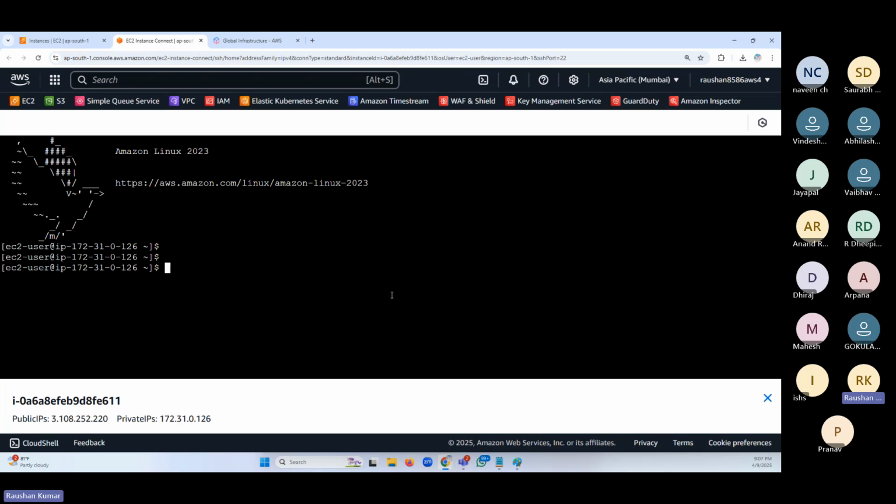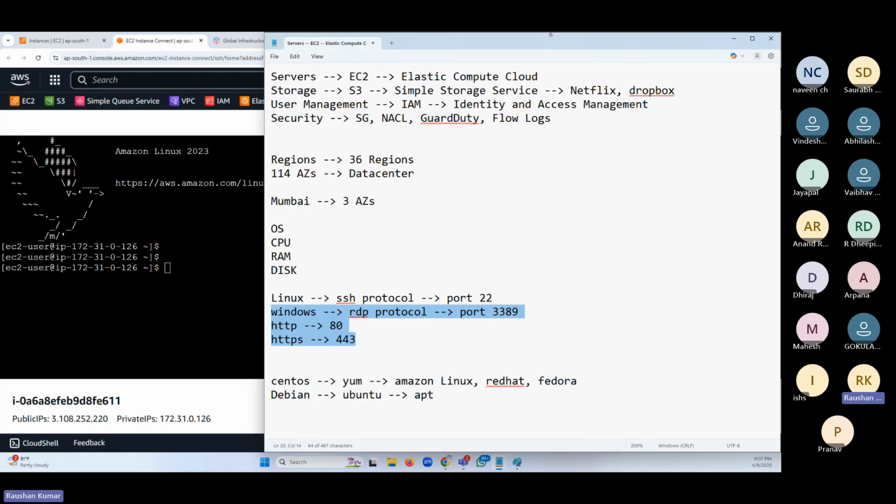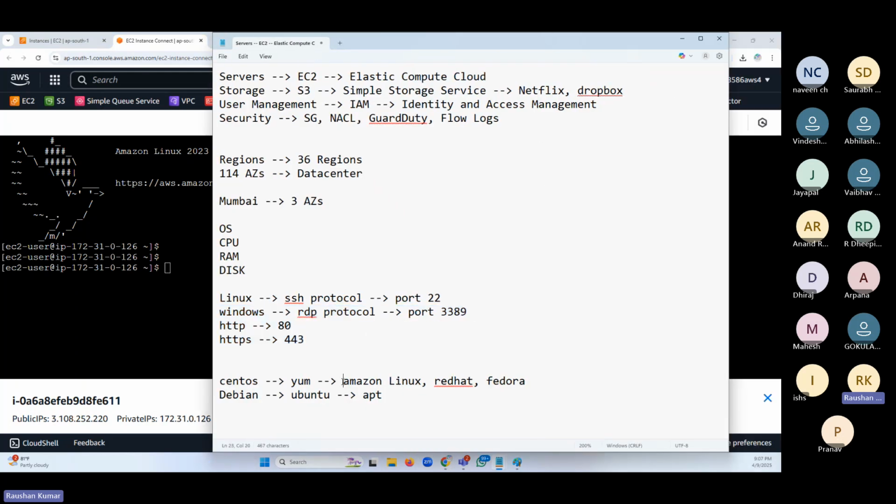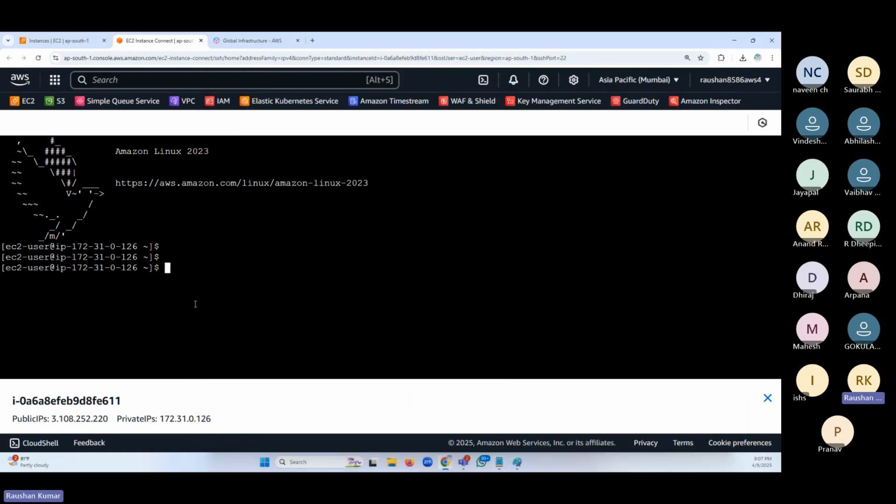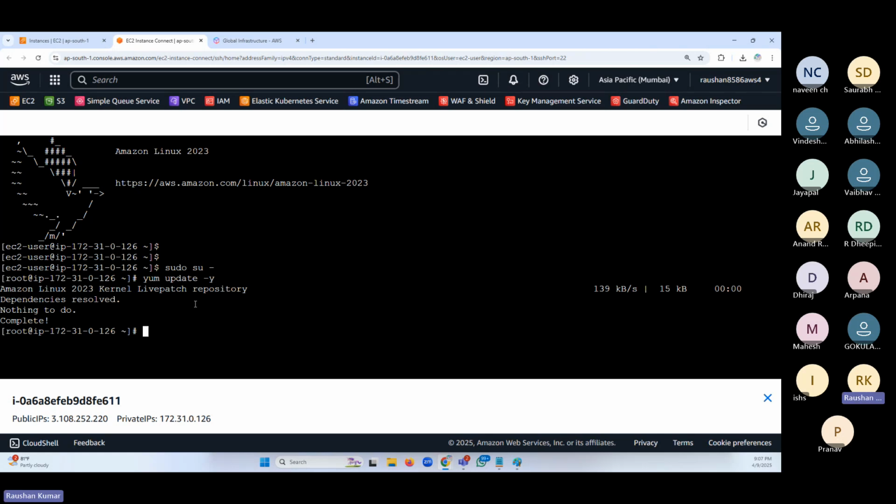Friends, you are able to do SSH, but this time the apt command will not work. Why? Can you tell me why the apt command will not work here? Because Amazon Linux is a CentOS family. What command works? The yum command works. This is covered under Linux, friends, very basics of Linux. I can be the root user, but like yesterday, if I did apt update -y, it will not work. So I have to do yum update -y. This will work. Look at this, I got the latest one.